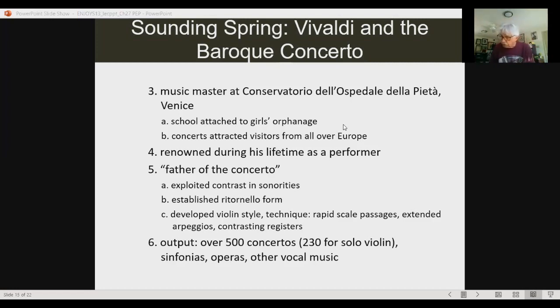when we talked about Barbara Strozzi in that chapter, that it was a perfect and common alternative for women where they could go to join a convent and do something that was academic, perhaps, right, or for a cause rather than just be married and be pregnant for 18 years. Anyway, so this girls' orphanage where Vivaldi worked was a very famous orchestra, and incidentally, they had to perform behind a screen. This is the way it was done at the time.